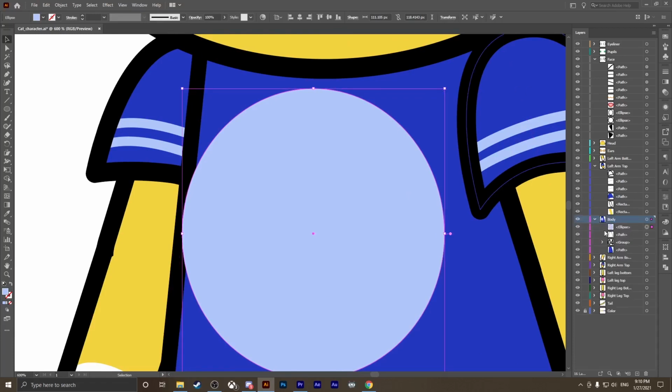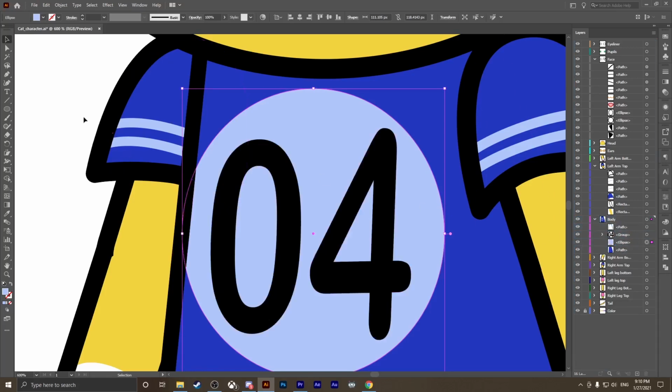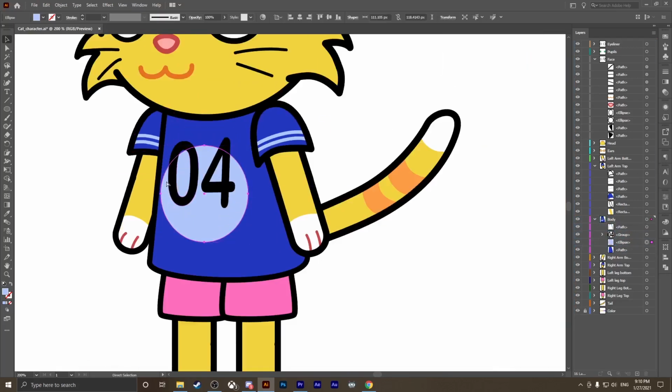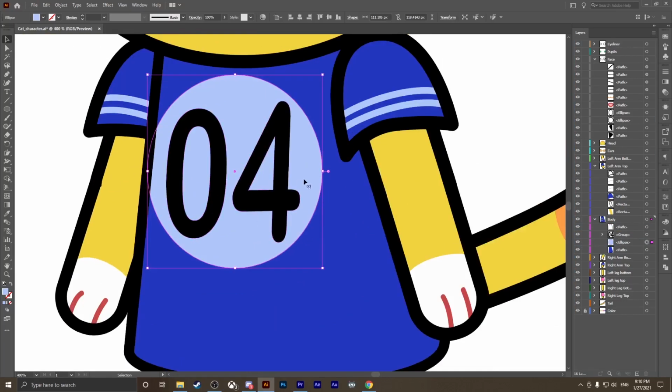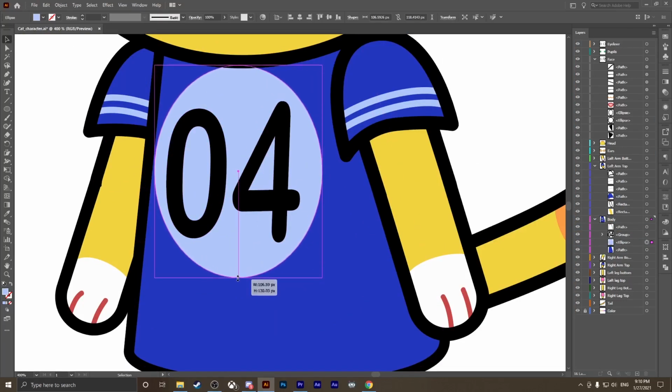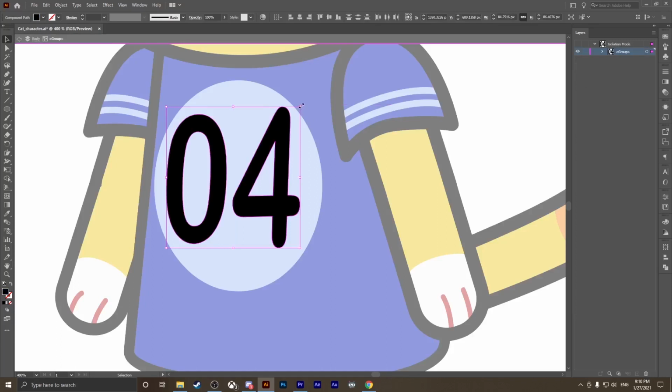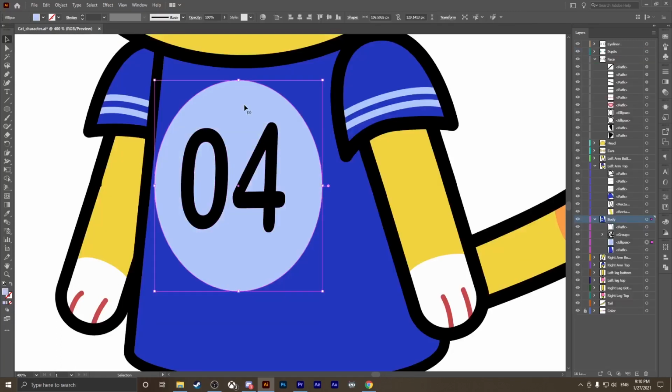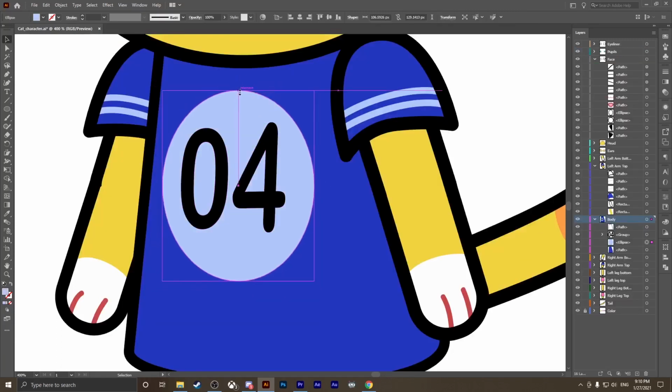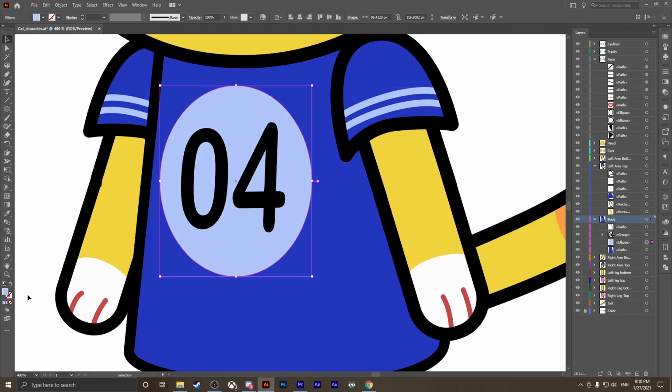Going into our body layer, we can put this below the 4 itself and below the stroke. And that way when it hits the edge of this t-shirt, you can't see it. And we can just rearrange this a little bit more. I'm going to shrink down my 4 and shrink down the circle as well. Just to make the circle pop a little bit more,